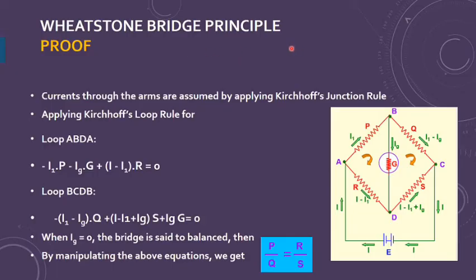I can prove the Wheatstone bridge principle with the help of Kirchhoff laws. Both laws of Kirchhoff are studied by you all, so you can prove it yourself also. The first law is the junction law, junction rule we say, also called Kirchhoff current law, that is, the current at each junction either entering or leaving has to be equal, or the sum of the currents will be equal to 0. This we have studied.